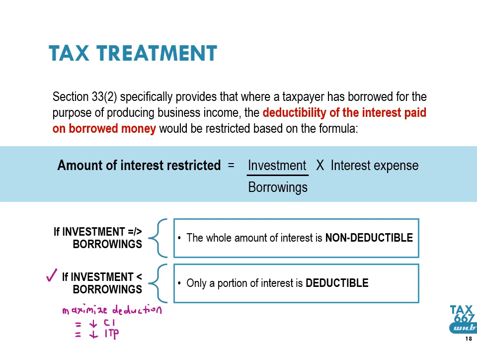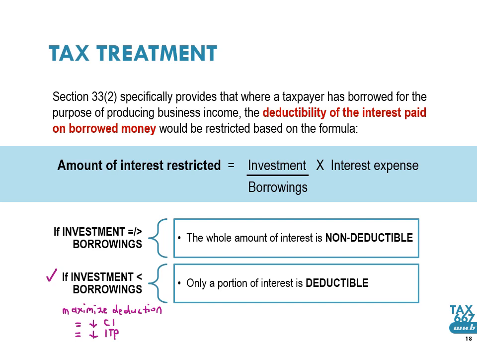Okay, so kalau tengok kat bawah tu, let's say our investment cost is equal or bigger than what we borrow. Kiranya kita pinjam sikit je lah berbanding the cost of investment. So, the whole amount of interest is non-deductible. Kalau you pinjam sikit berbanding cost of your investment, semua sekali interest on loan, interest expenses tu tidak dibenarkan untuk tolak for tax